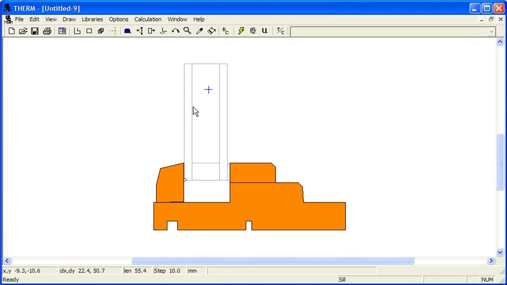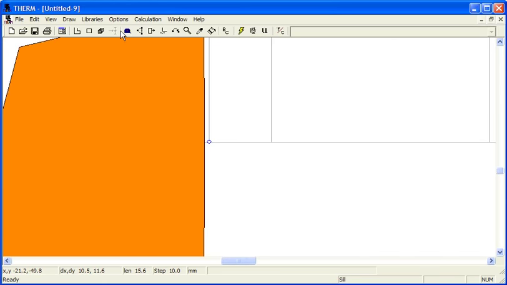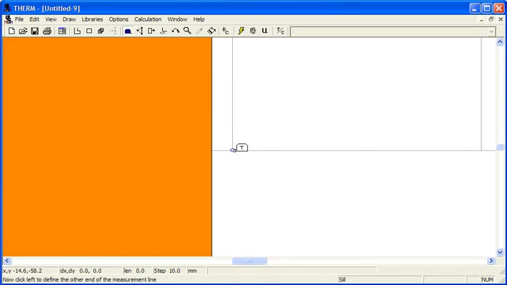For the glazing system, these are two pieces of glass, a cavity, and another inner pane of glass. What we're first going to do now is measure the geometry so we can create a glazing system that will fit in here. When we click on the tape measure tool here, we can click on a starting point, and as you can see it picked the wrong point because these points are very close together. So I'm going to hit escape. I'm going to select the tape measure again and zoom in a little bit more. Click here,